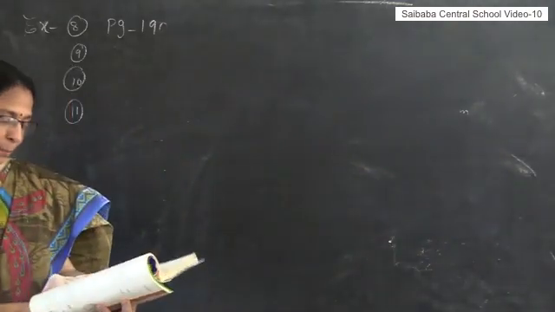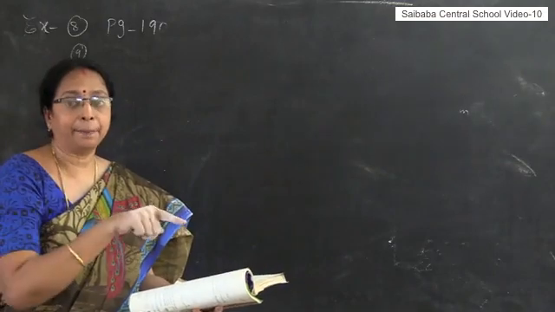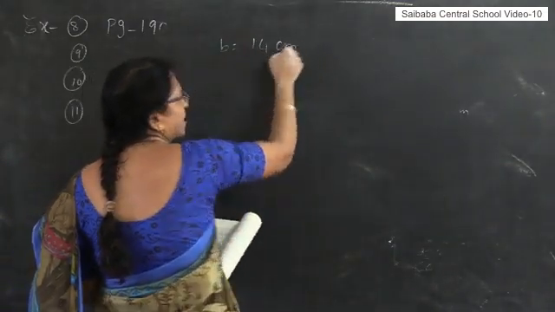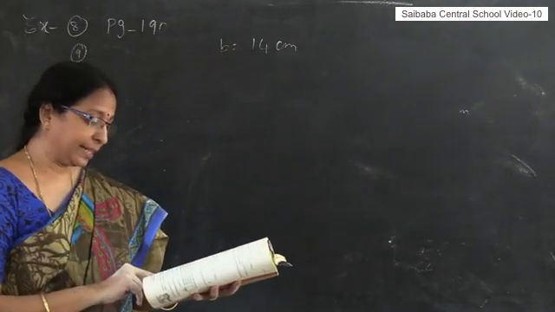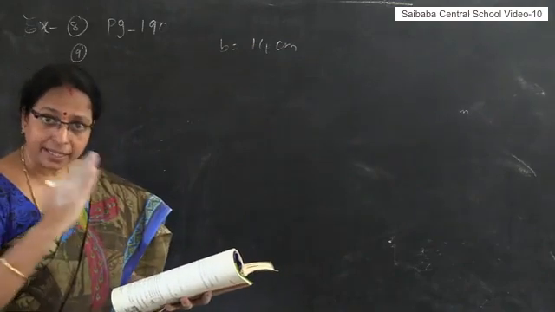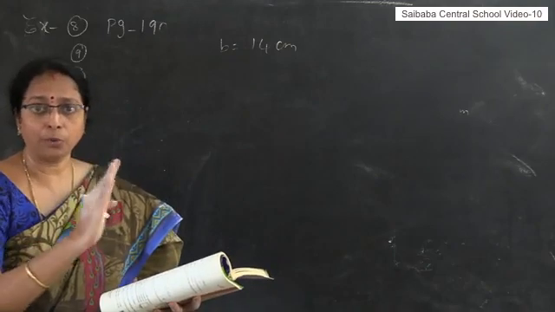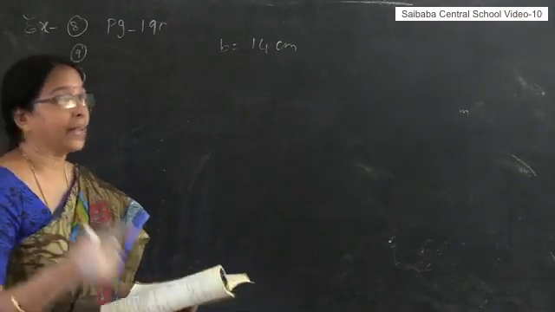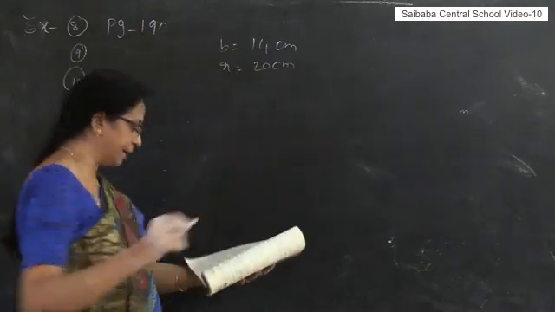See the 10th example, a rectangular paper of width 14 centimeters. So rectangular paper width is given. That is, breadth and width are same. Remember, breadth of the rectangle is given 14 centimeter. Is rolled along its width. So the rectangular paper is rolling. Before I showed one paper, how it rolled like that. And the cylinder of radius is given 20 centimeters. So radius is 20 centimeter.